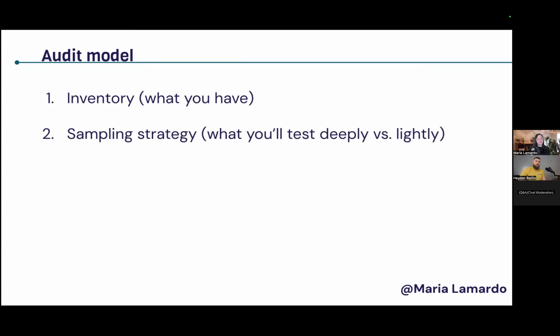And then you want to pick a set of sites and flows that represent the real experience. Think of your top traffic pages, top tasks, and examples of each of the templates that are commonly used and your most used forms and PDFs. And this is where you would then combine automated testing with manual testing. I'll go over a little bit of the difference between both of them, but automated tools will really help you catch